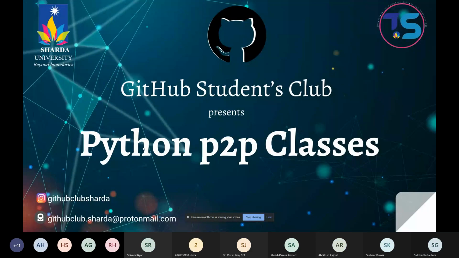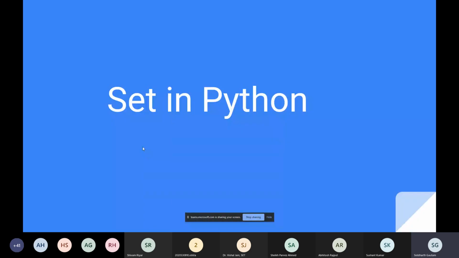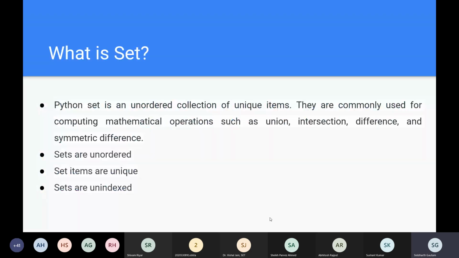All right. So today we are going to study three topics, which are sets, tuples, and dictionary. We have covered all three of those at a very surface level, and today we are going to take a look at the functionality of all of them a little more deeply. So we first start with set, and let's take a look at what a set is.